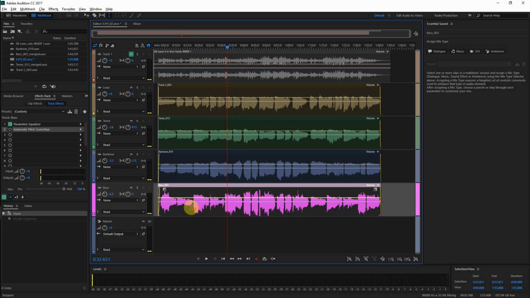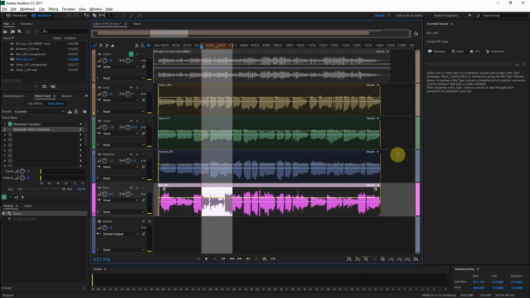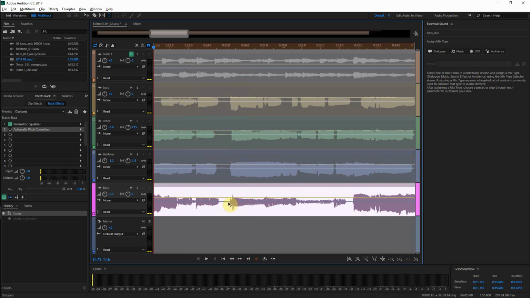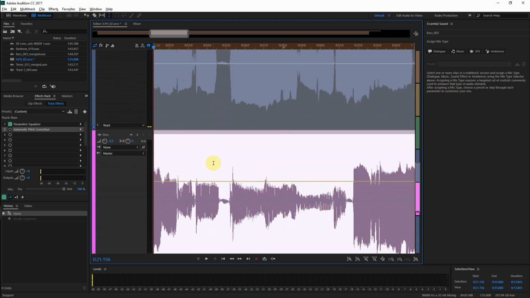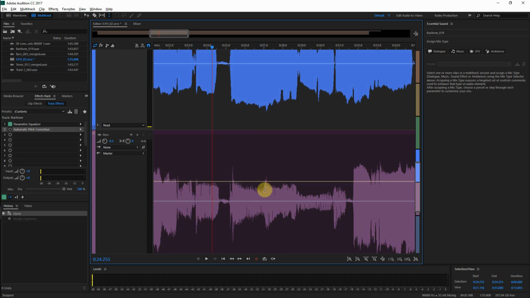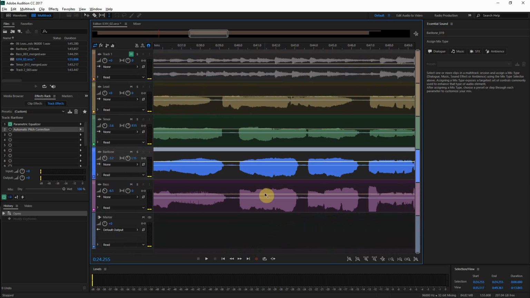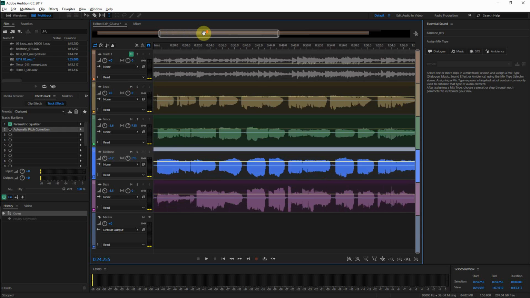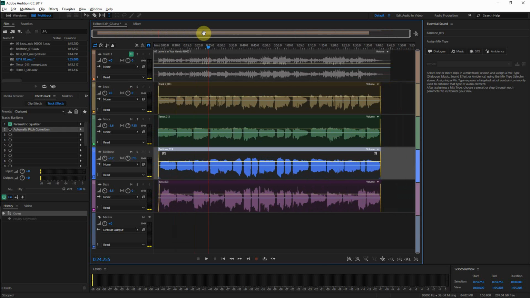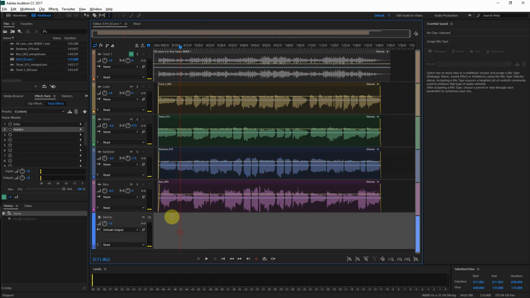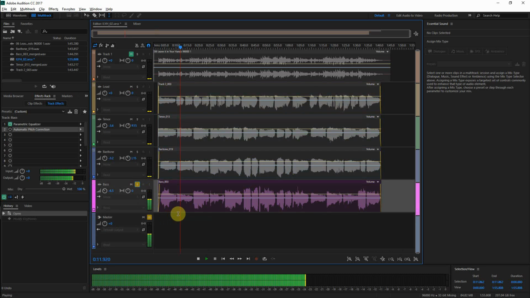In fact, using that feature, I'm just going to come in here, and with this bass part, I'm in a little bit too close, maybe. A little too close this way. Okay. And this way as well. That's another zooming thing. You can hover over these different scroll bars. So I'm going to attempt to even this up a little bit